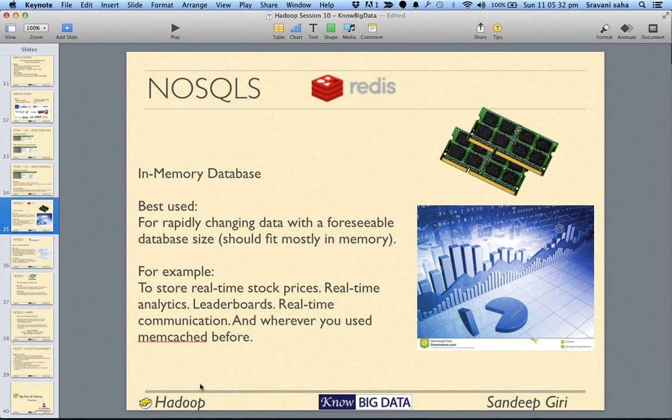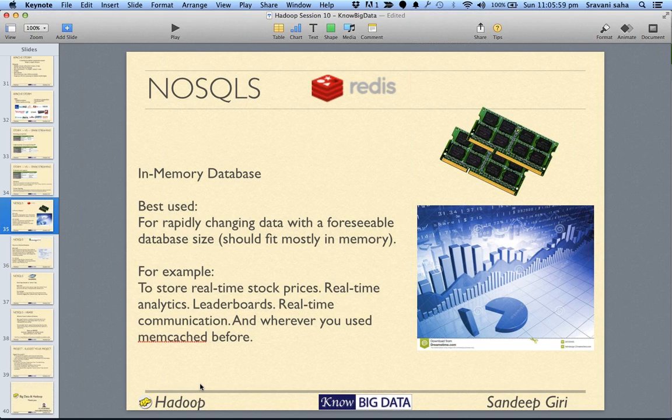One is Redis. Redis is an in-memory database. Although whatever data is in memory is saved to a file, so the whole database always has a copy on the disk, the whole database is also in memory.